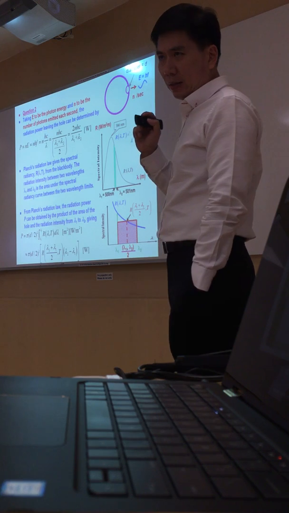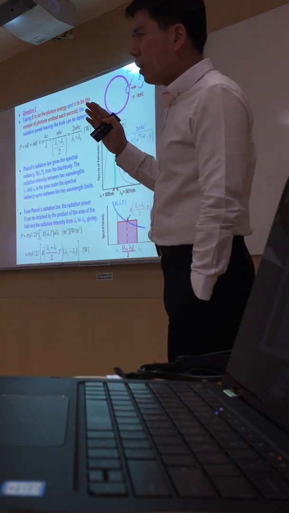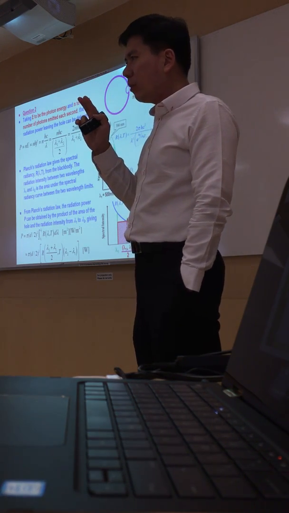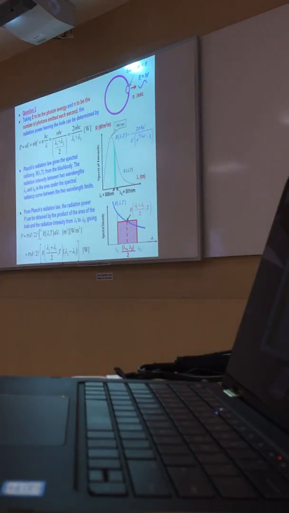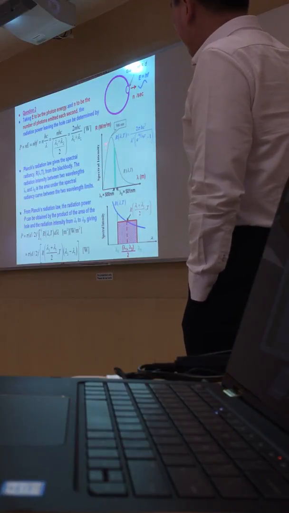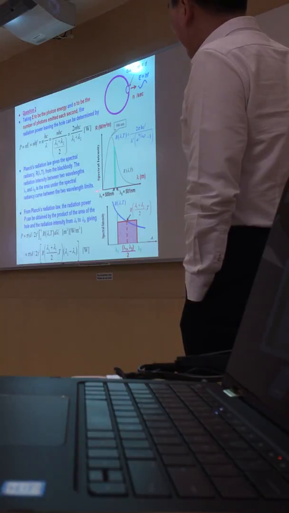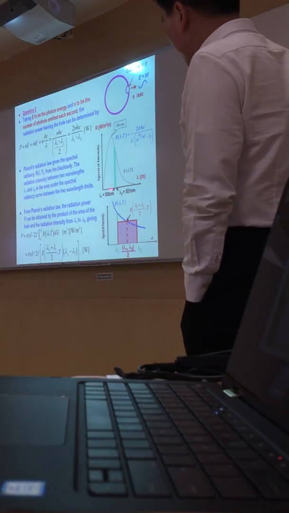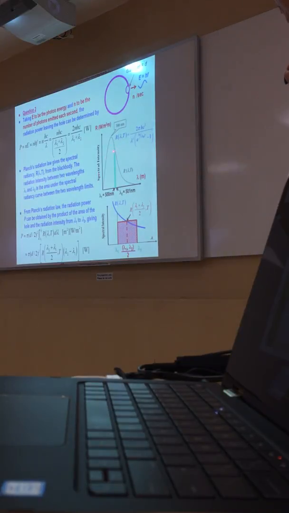Next. Now another thing about Planck's radiation law is that the power emitted over any wavelength is the area under the curve. You all learn about that, right? For the Planck's radiation law, if you want to find what is the power emitted over a band of wavelength, you just find what is the area under the curve over that band. That gives you the power. So let's say this is the Planck's radiation law at 7500 K. I'm interested in finding what is the power emitted from 500 to 501, lambda 1 to lambda 2. What I need to do is just to find the area under the curve, this shaded area. That shaded area will be this quantity,